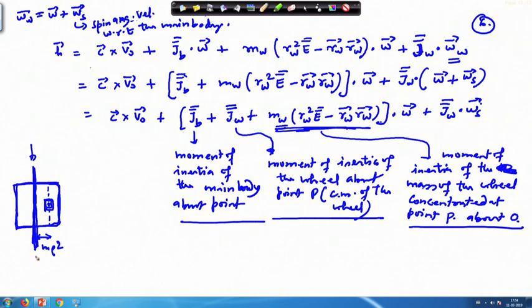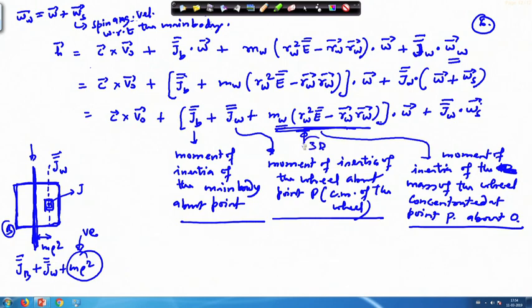And add the further. So, this is the main body B. So, we write J B and plus here its inertia about this line is, suppose, J W double bar. So, we are adding this J W double bar and then to this you are adding m rho square. This part we have to put in a vector format, because it is in 3 dimensions, while here it is written only for 1 dimension. So, this is a simplified model, not applicable here, but this is the way. This is something acting like a parallel axis theorem.